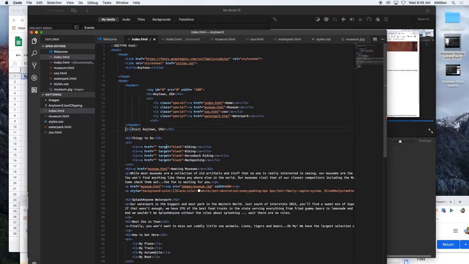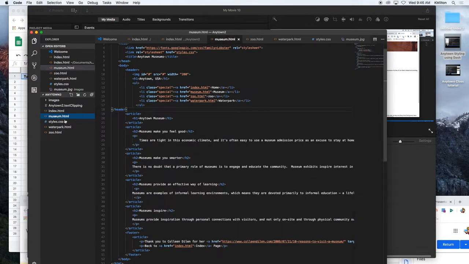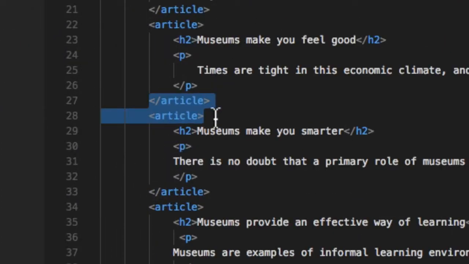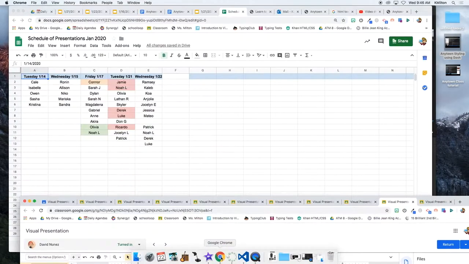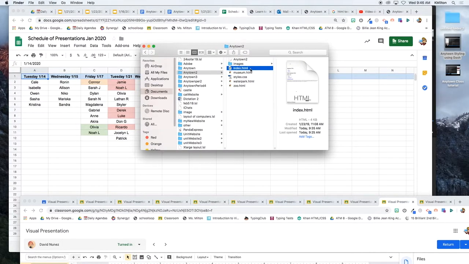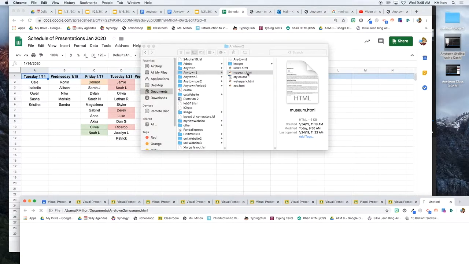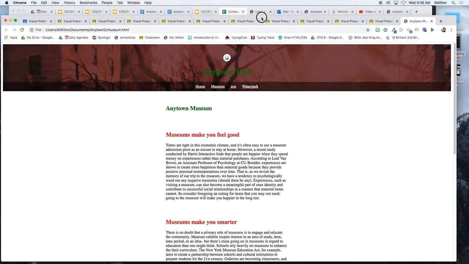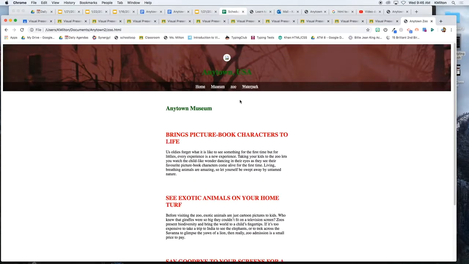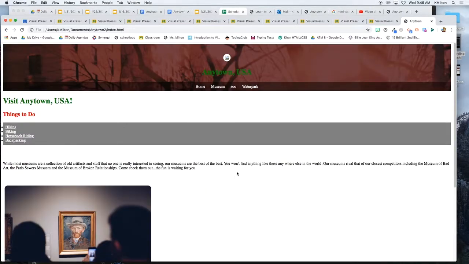I'll do that separately so you don't have to wait for me to do that, but on my museum page there actually are article tags. So all I've got to do is go to my right web page, go back into it, just click on the museum page. When that opens, you should see that it is actually styled with the padding because it has article tags. That's the reason why we put article tags in there, is so we can put that padding. So it works with my zoo page, but my home page just doesn't have those nice